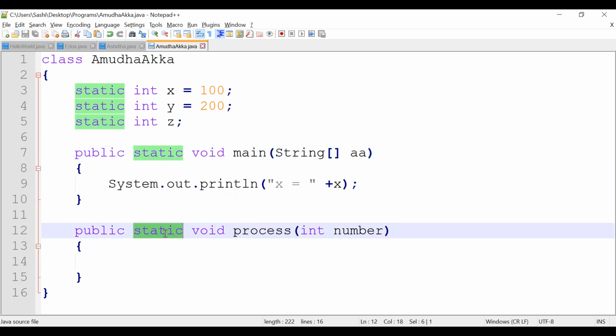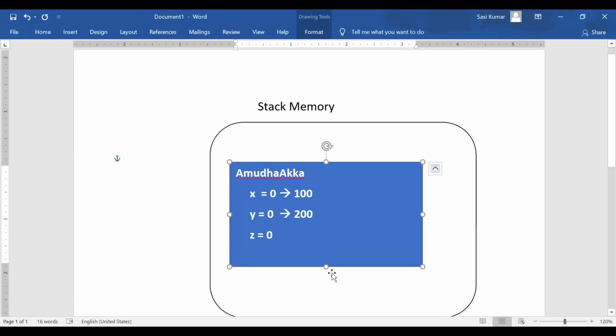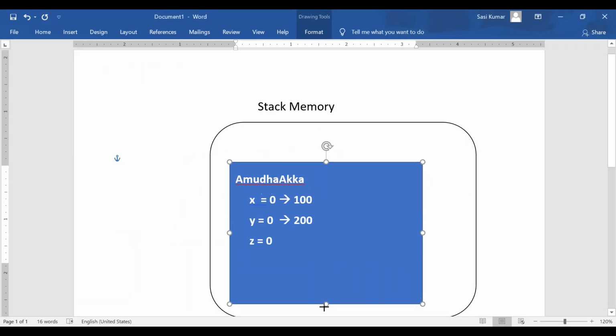Process method is also declared using the static keyword. There can be one more method in it that can be without the static keyword. That's okay. But it will only identify static methods. Then it will load all the static methods into stack memory.